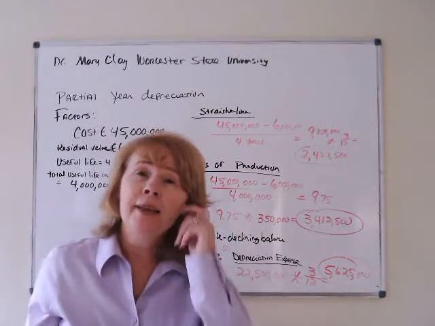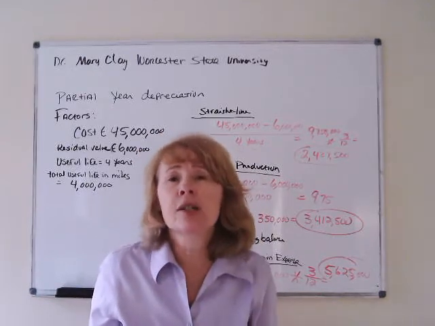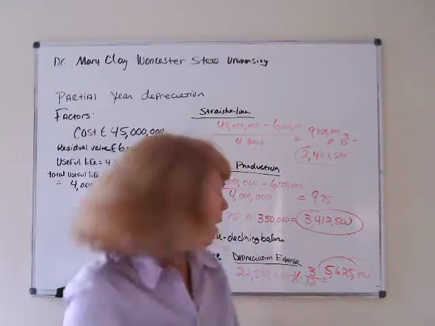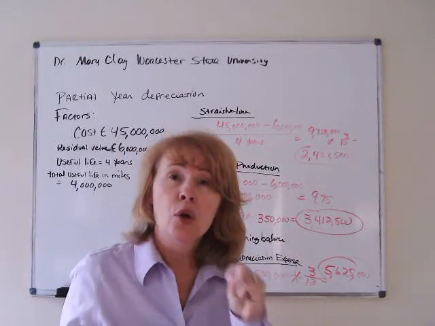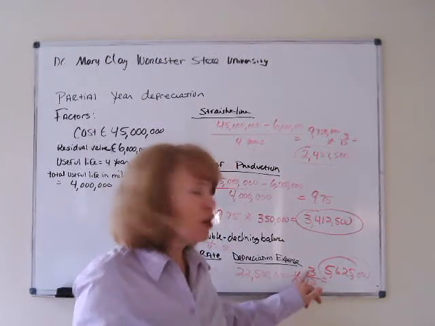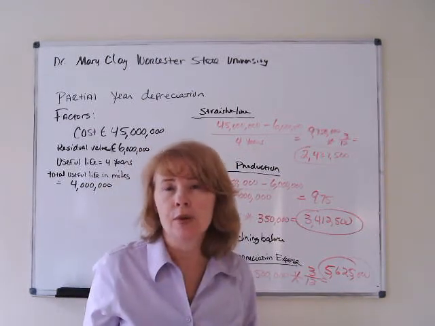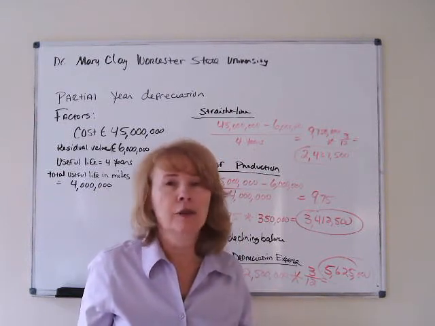Let me make this point again. This was September 30th. If they purchased it on September 1st, that would change your fraction. You would count September. So you'd count September, October, November, December. That would change that fraction to 4/12, okay? So make sure you understand, and that's it for partial year